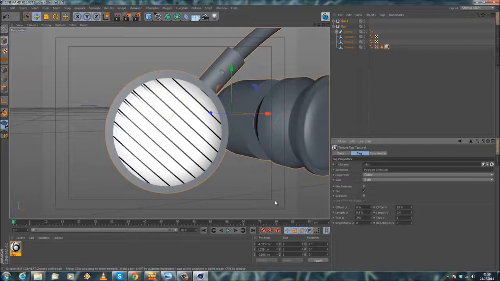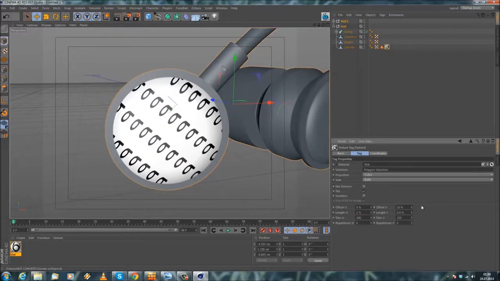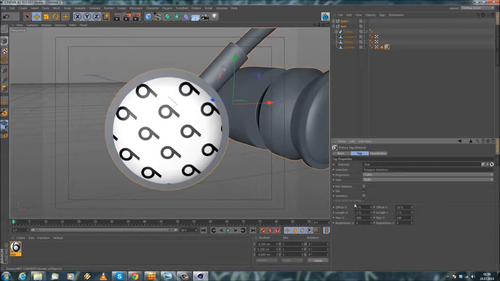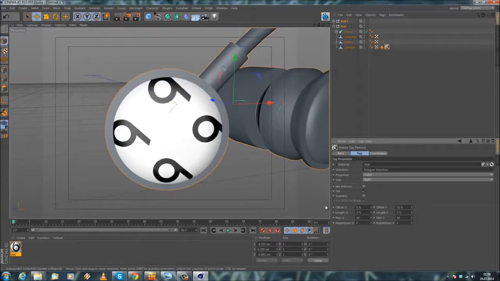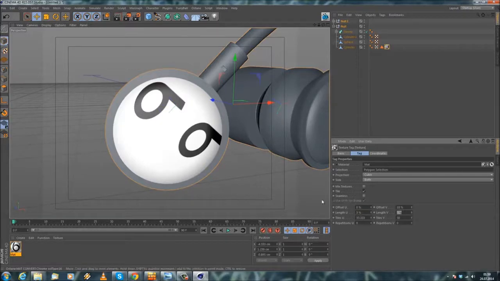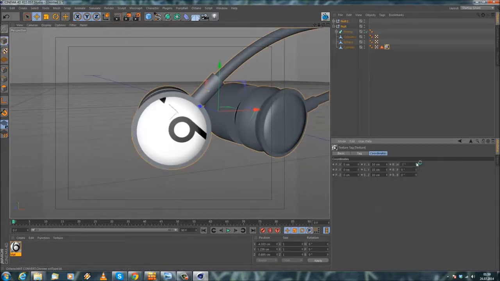0.4. Okay, no, definitely not. Let's try it with 1. No, still too small. 2. Still too small. 3. And 3 should be fine. Yes, okay. Now we can also rotate this, and we should bring the Beats so that this line is even